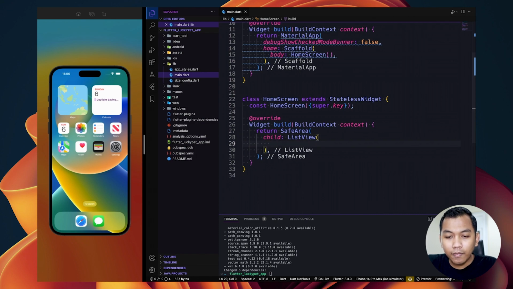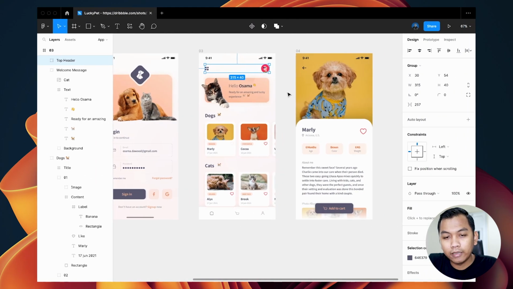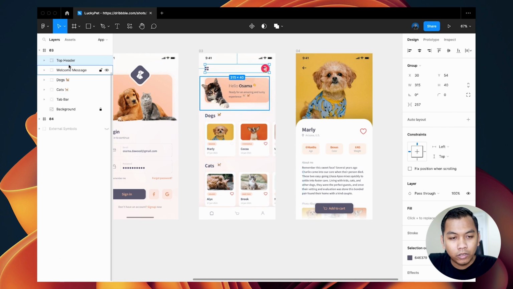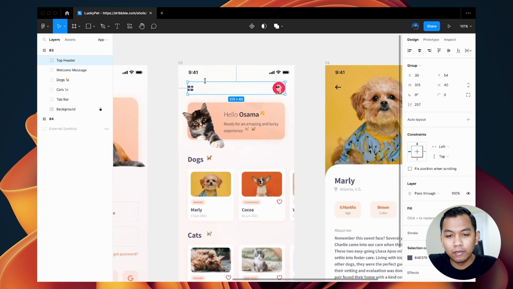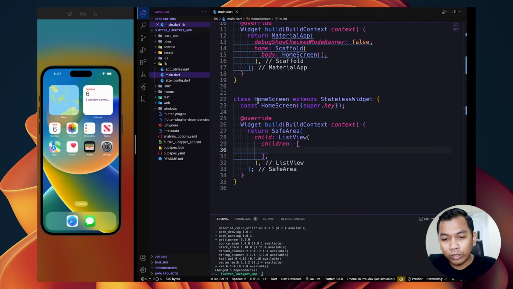And here ListView has a children parameter, and from this we can simply create many elements. So the first element let's create for the top header, and the top header contains two widgets, on the left and on the right. So we can simply think this is a Row widget.